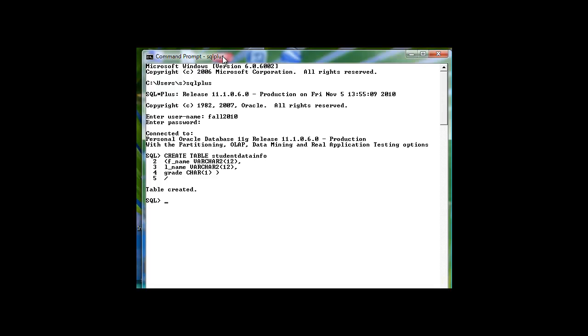So to enter data, we need the keywords INSERT INTO. I'm going to type that in caps since it's keywords. I need to give the table name. My table name is student data info. And before we do that, just to show that